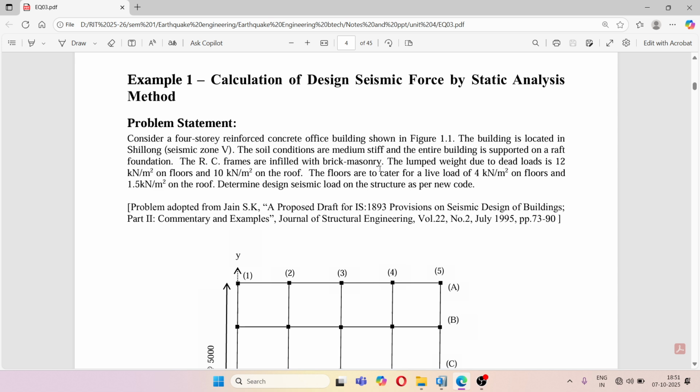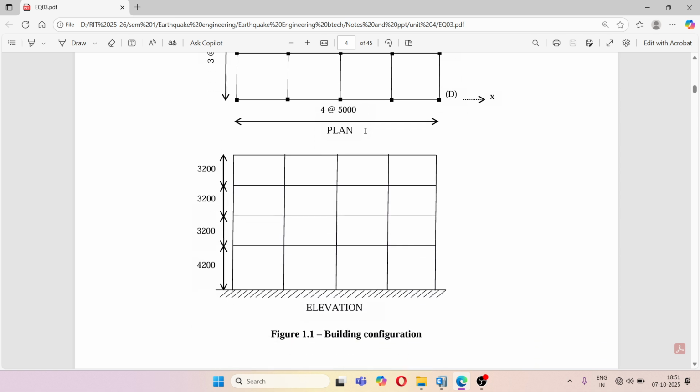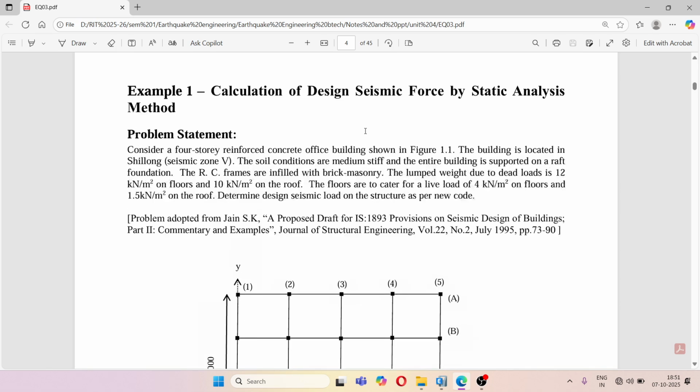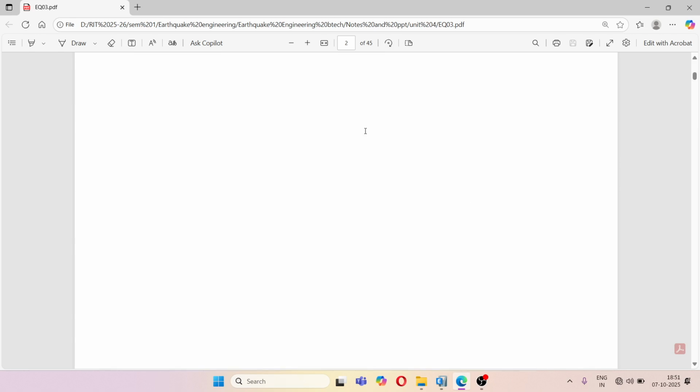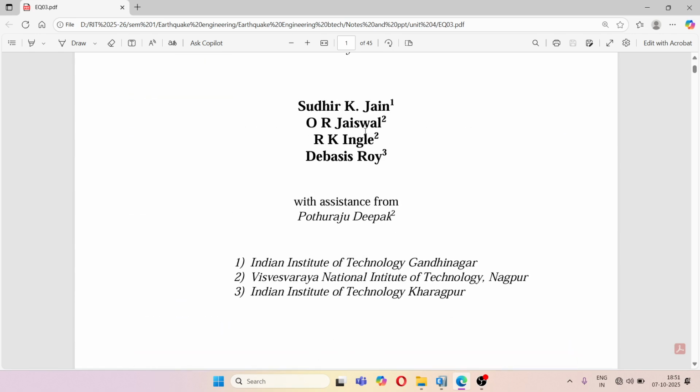In this video, I am going to show you how to model the structure and analyze for the seismic forces. For that, I have taken one PDF on calculation of design seismic forces by static analysis method, and this PDF is prepared by, here you can see, IIT, VNIT, and IIT Kharagpur. Okay,